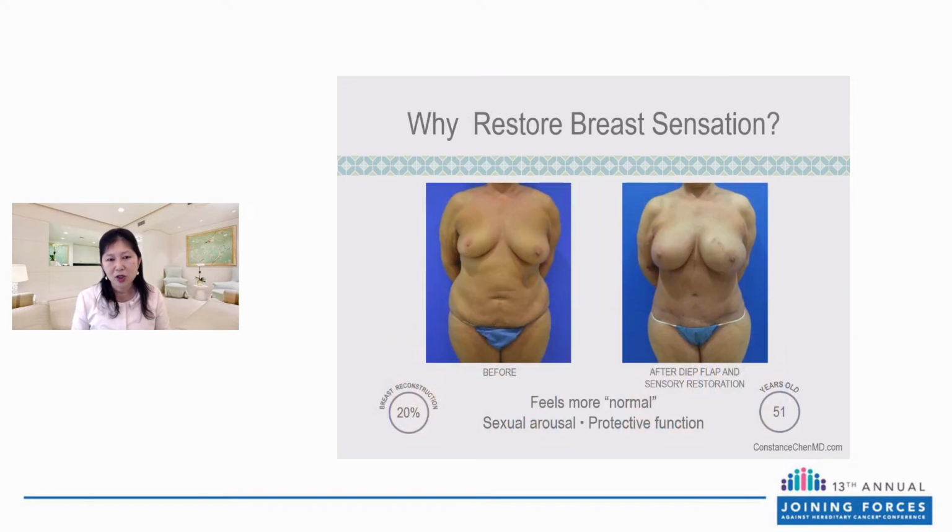With natural tissue breast reconstruction, you can also restore breast sensation. This woman had a right lumpectomy with radiation. She decided to undergo prophylactic mastectomies of both breasts. I reconstructed her breast with DIEP flaps from her belly. You can see the scar on the right. You can see the burn on her left breast where the circle is. This happened when she was cooking, and she said that when it splattered her, she could feel it, which she was